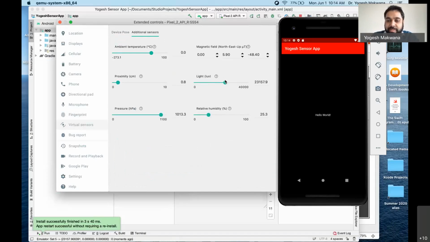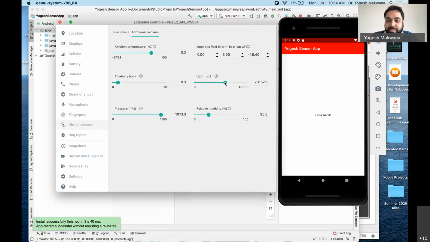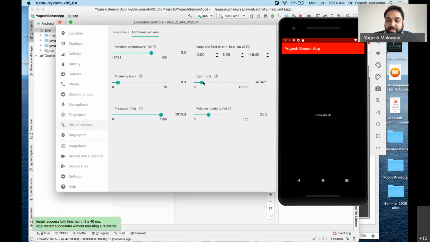So once we change it, we make the light right. This is what you should have, and we used a threshold of 5,000. That's what I used. You might have used something else. But basically,